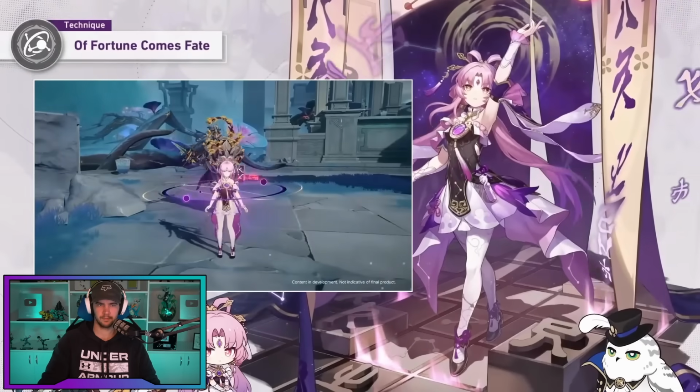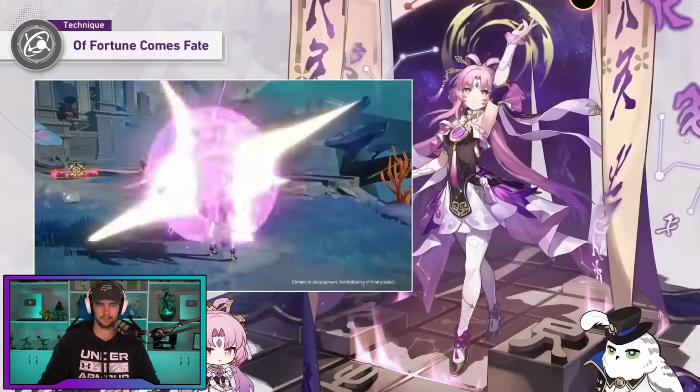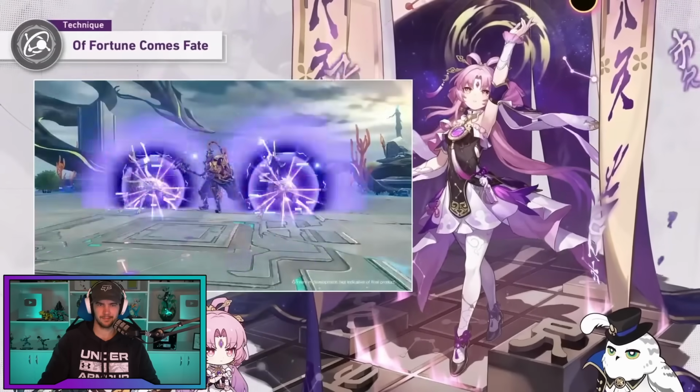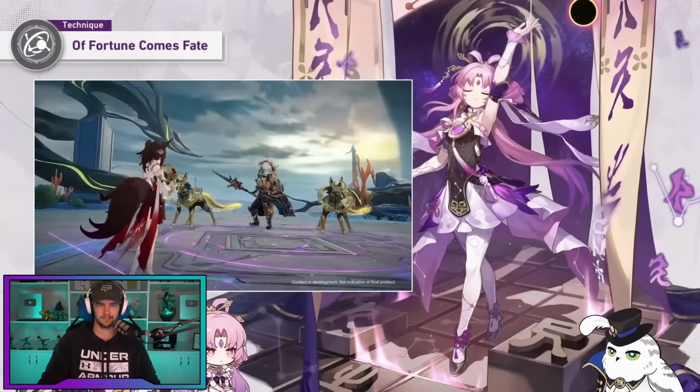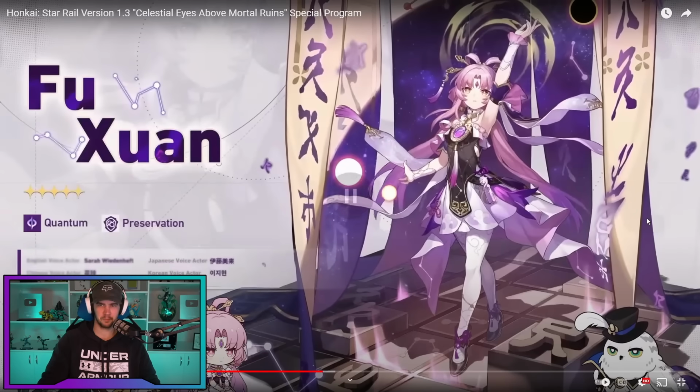During exploration, the barrier blocks all enemy attacks, thereby preventing battles that would otherwise have triggered in this way. Her technique also activates the Matrix of Prescience automatically at the start of the next battle. I mean, that's not bad if you don't want to do fights in the overworld, but that is it